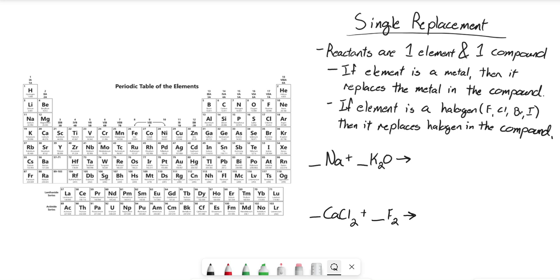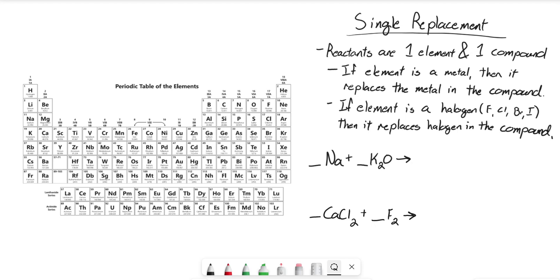To learn about how to predict the products for single replacement reactions. Now, I know I've already written a lot of information here on the screen, so please feel free to pause the video if you need to jot these things down, and then come back to it to hear the explanation. For single replacement reactions, we can identify them by recognizing that their reactants are going to be one element and